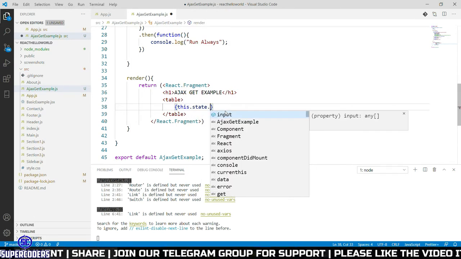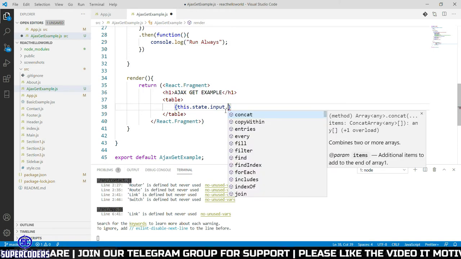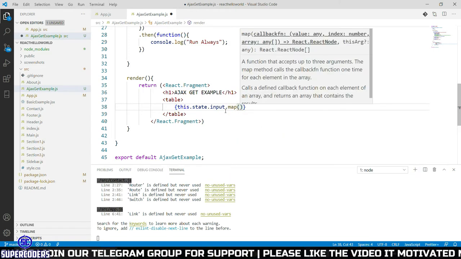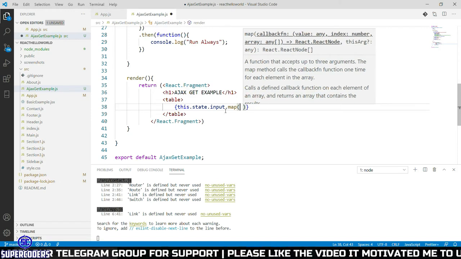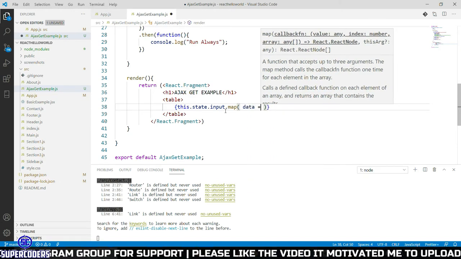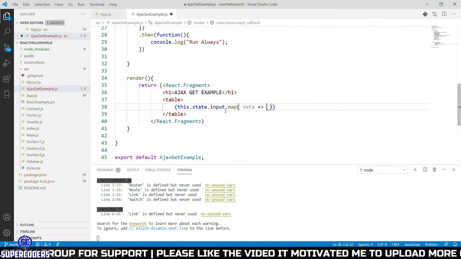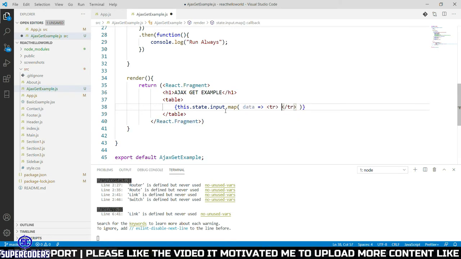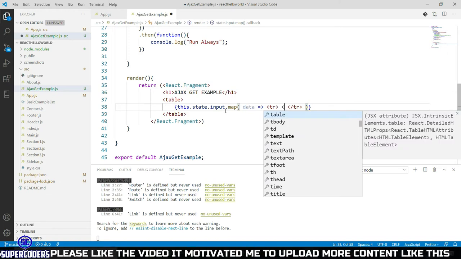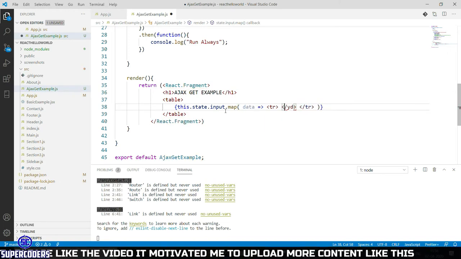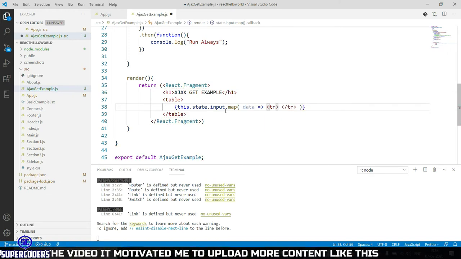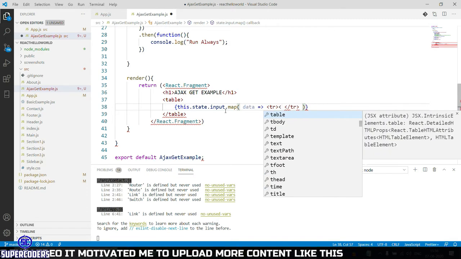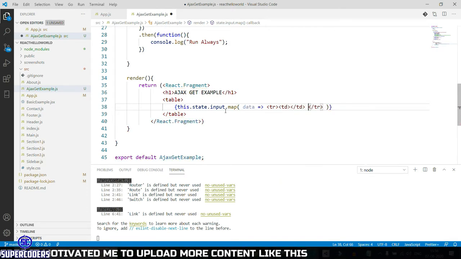Let's see. this.state.input.map, then data arrow, then here adding tr, then td, then printing the value.